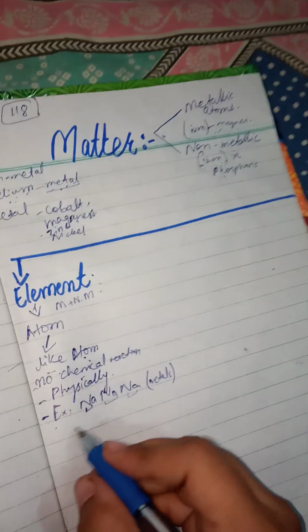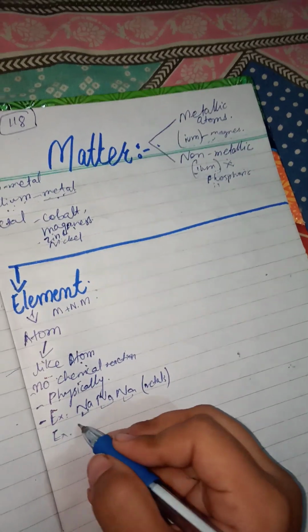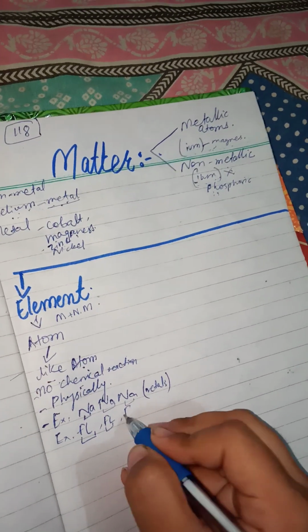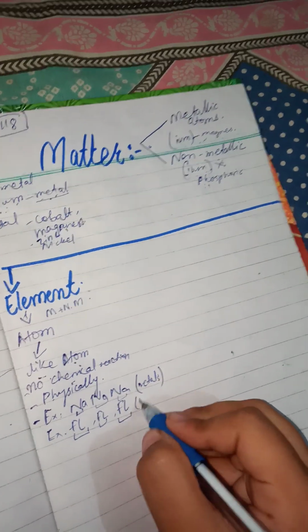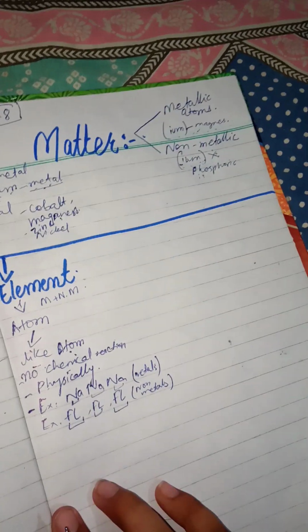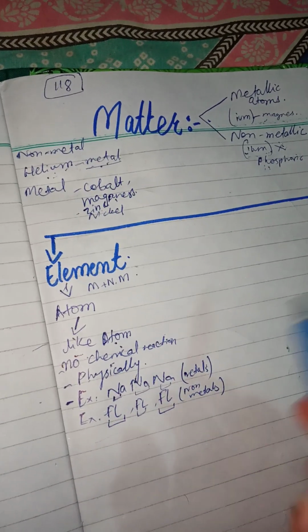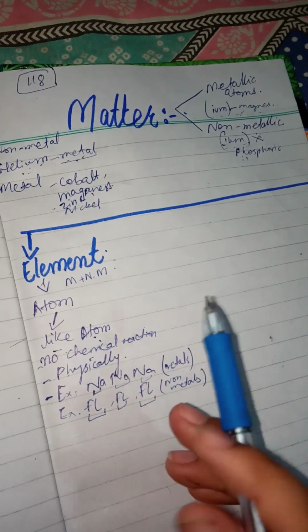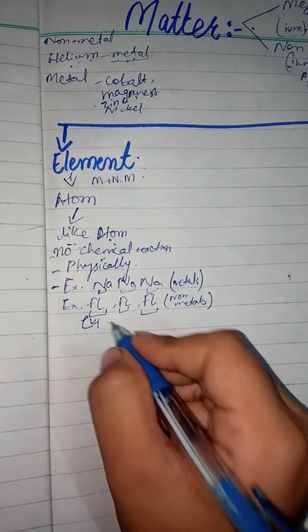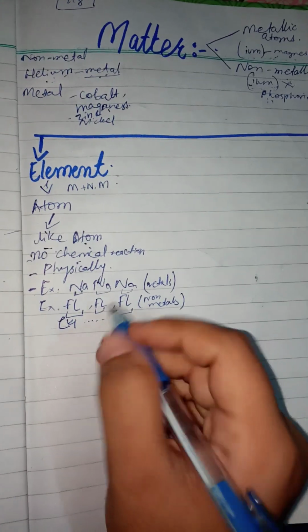Now here is another example. That was the example of metal. Now we will discuss fluorine: one fluorine, two fluorine, three fluorine, or a lot of them, so these are known as non-metal. So this means the element includes both metal and non-metal. Another example is C4, carbon 4, hydrogen 4, a lot of examples could be given because they are just formed from the same element.